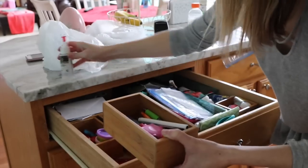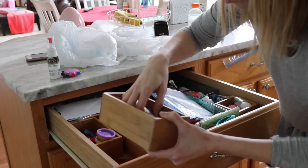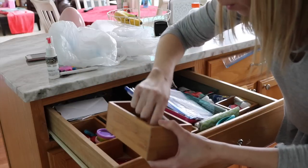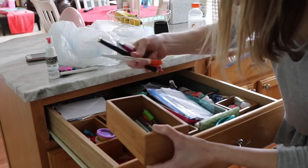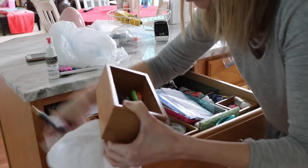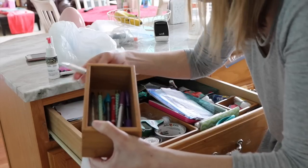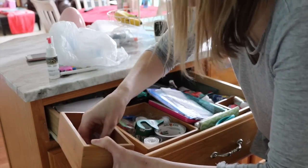I'm definitely gonna be keeping this Expo cleaner. Here's a little crayon thing Cora has. Now, what are you? Is this an eraser? Great eraser. Wonderful. So we have a bunch of pens, and do we need all of them? No. I'm gonna put some in the office because we don't need all of these here. So I'm gonna keep just a couple. Those can go in the office. They're like different colored pens. I'm not gonna keep those up here. I'll keep some basic. So we'll keep maybe 3 pens up here, and then